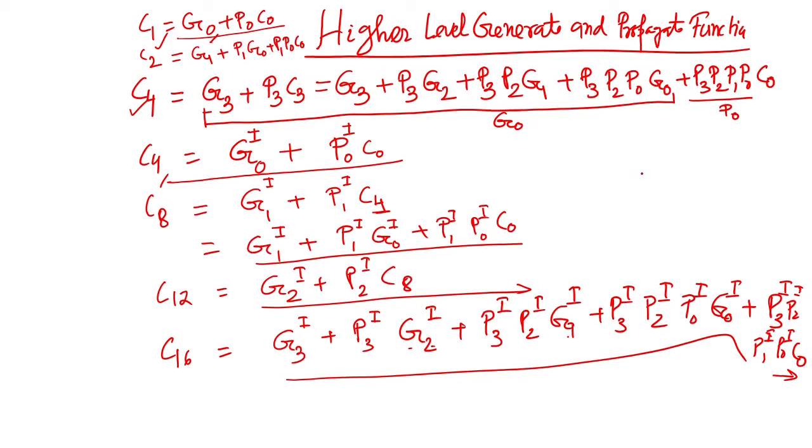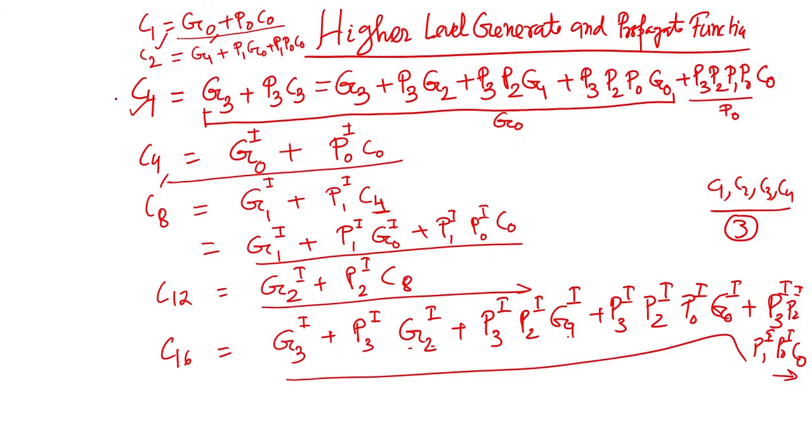Earlier we got the outputs C1, C2, C3, C4 generated simultaneously after 3 gate delay. Similarly, C4, C8, C12, C16 will be generated simultaneously, because everything you can write in terms of C0. Once you generate this higher level part, then it is nothing but the AND OR. So, that we will look into.